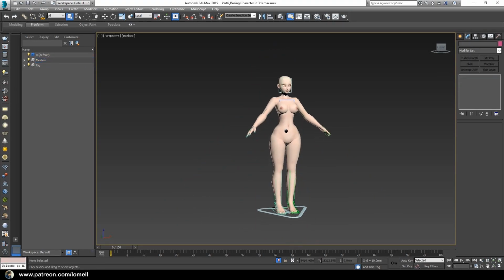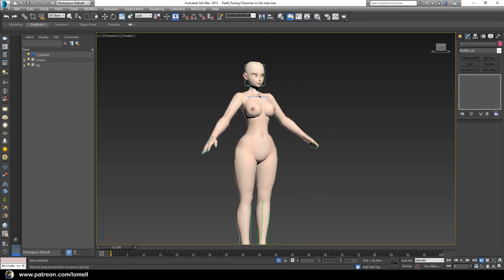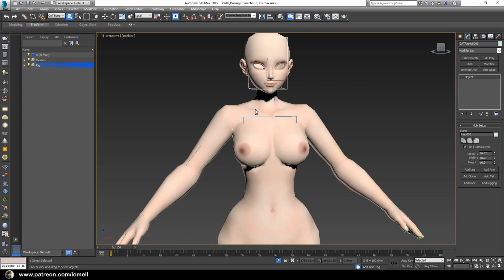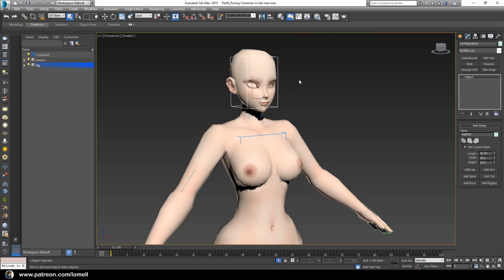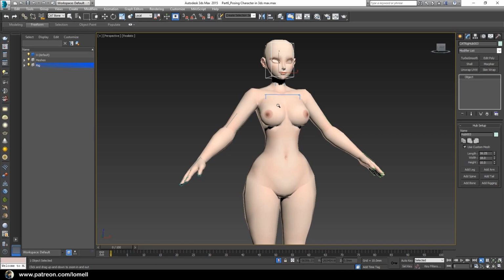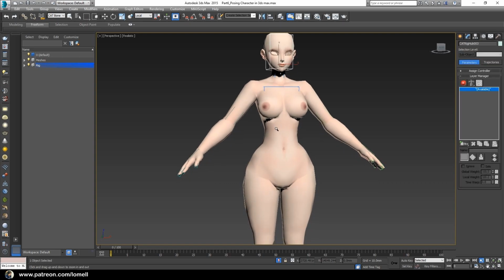Okay, so let's turn this all into a cut bone so that we won't select the object of the character and we can only select the bone objects instead. Okay, and select one of the bone objects, any of these would do. After selecting the bone object, let's go ahead to the motion panel, and in the motion panel let's create an